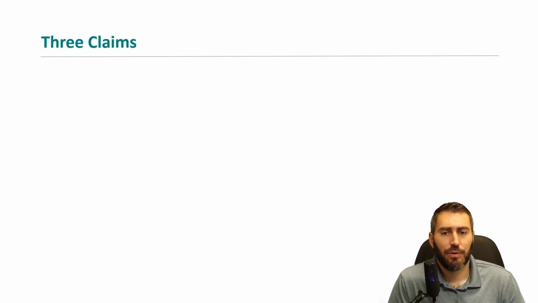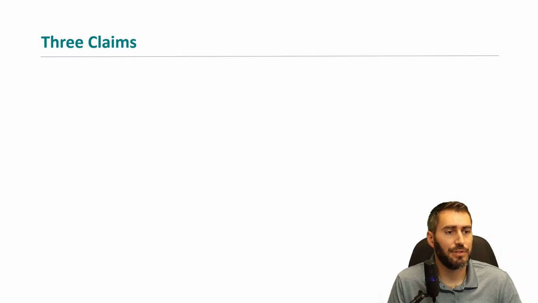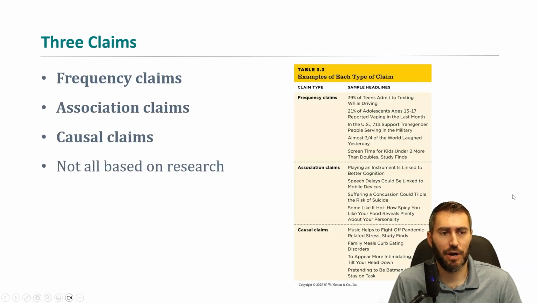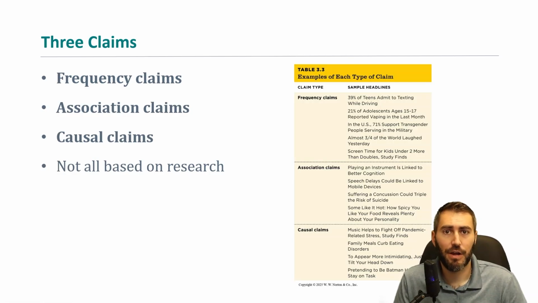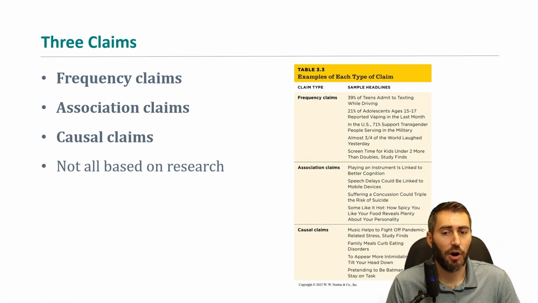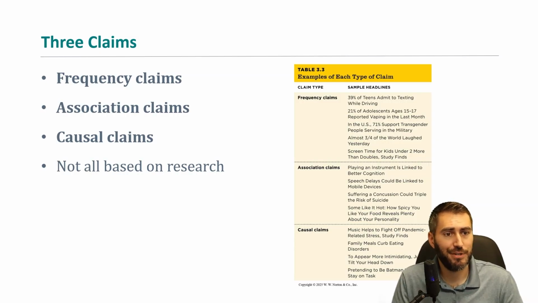Okay, next section here we're going to talk about is 3 claims. So we're going to talk about the 3 main types of claims that we make as psychologists, as scientists, and go through these here. So the 3 main types of claims that we have are frequency claims, association claims, and causal claims. And it's important to note too that not all of these are always going to be based in research. Sometimes we can make these types of claims completely outside of research itself. So it's important to